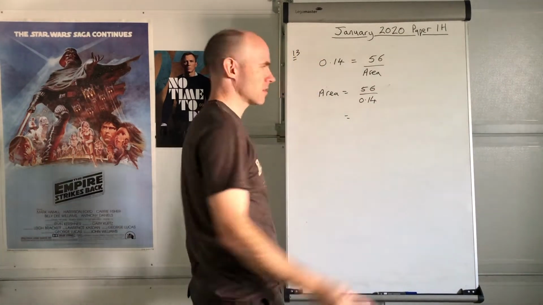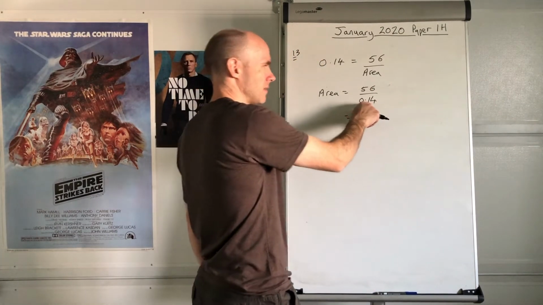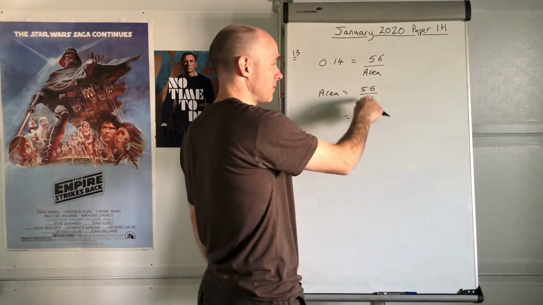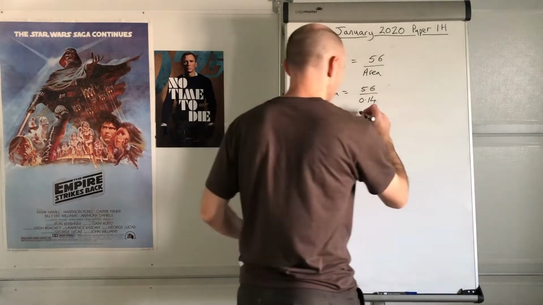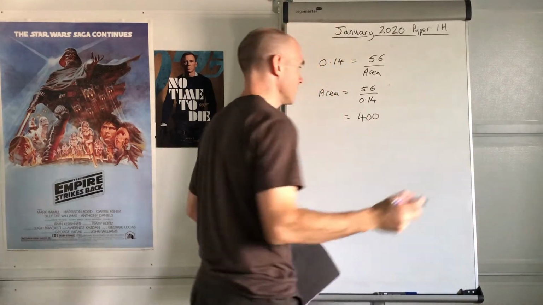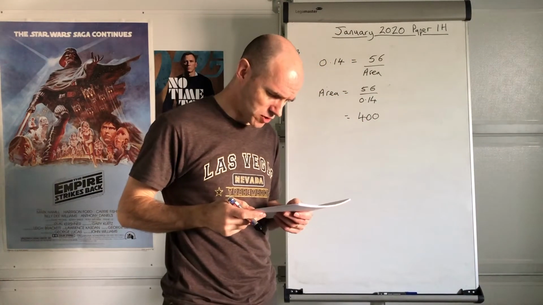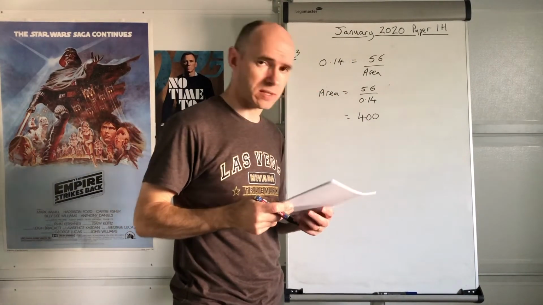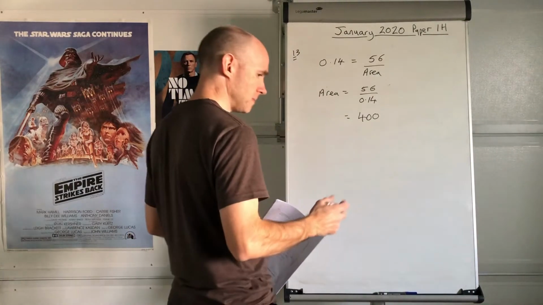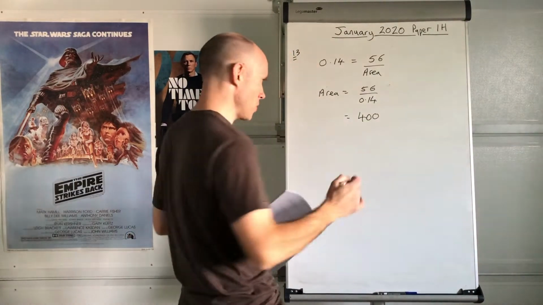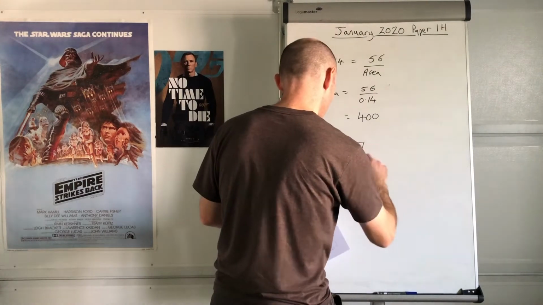Another nice number, because 56 divided by 14, that is 4. So divided by 0.14, it gives 400. Okay. So the area is 400. Okay. Now the thing is with this, okay, when you've got a cube, I don't have a cube with me, okay, but when you've got a cube, that is a